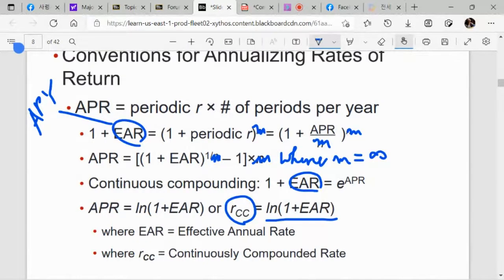EAR, effective annual rate or effective interest rate. Sometimes they also call it AER, annual effective rate, well, whatever, or APY. Okay, and think about it. This is why we need